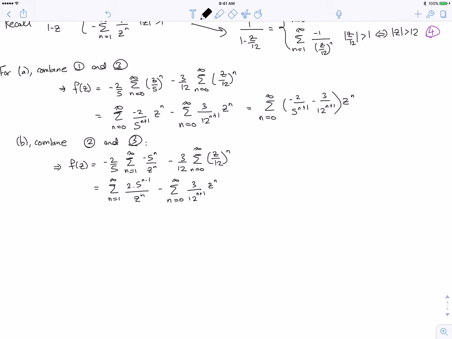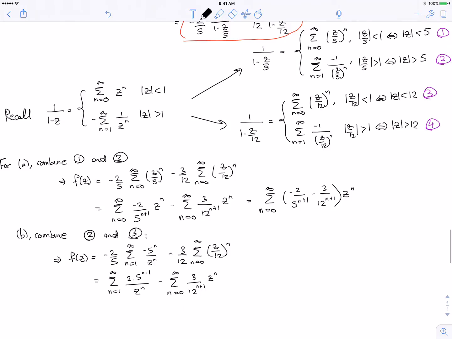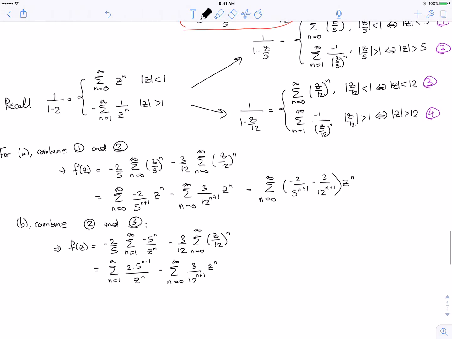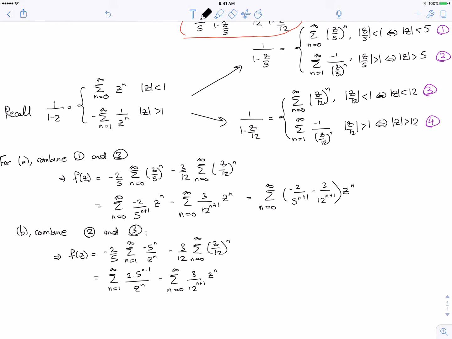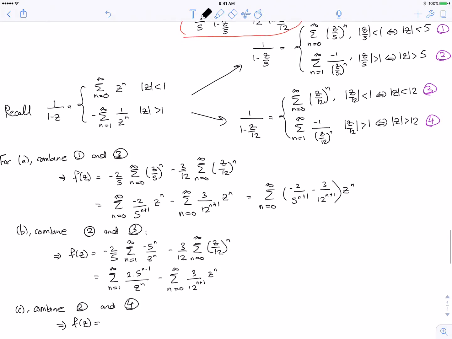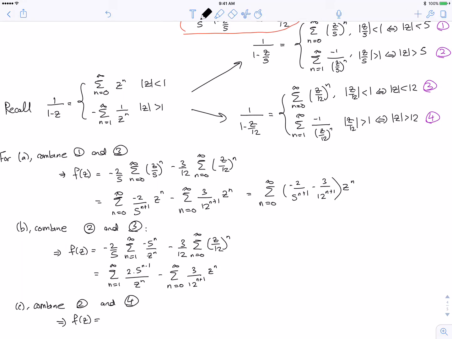So for part C, I'm going to combine 2 and 4. So f of z is going to be minus 2/5 multiplied by the series given in 2,